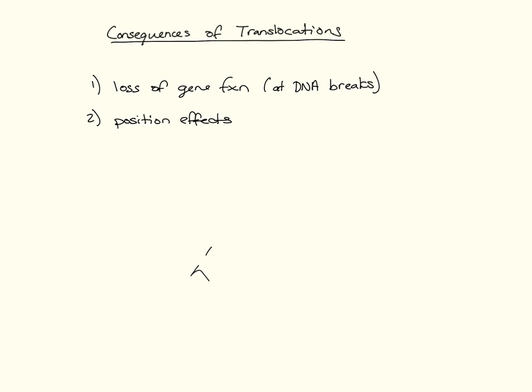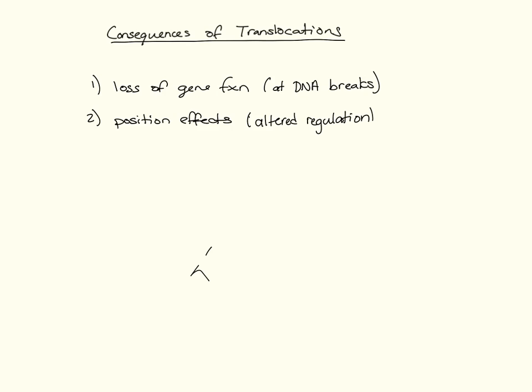So now that the pieces of chromosome are in different locations, actually not even on the same chromosome, so the regulatory regions can be altered, and the genes that are in that translocation piece might now be under different regulation. So this is altered